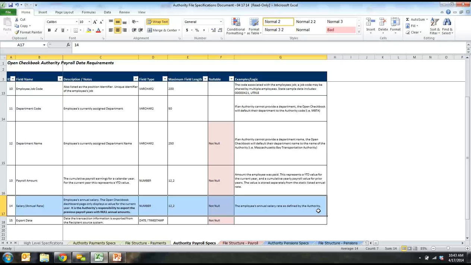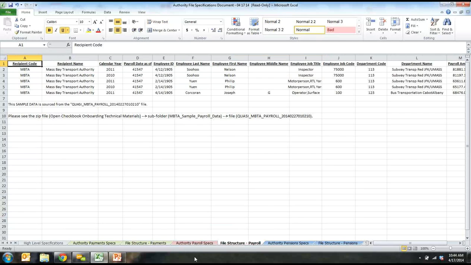Yep. So we do maintain some level of detail with payroll, but we understand that everyone has different cycles internally within their payroll systems, so we try to display it at a more aggregate level. So there are no questions on payroll. I'll go ahead and highlight some sample MBTA payroll data. If you click on the next tab,